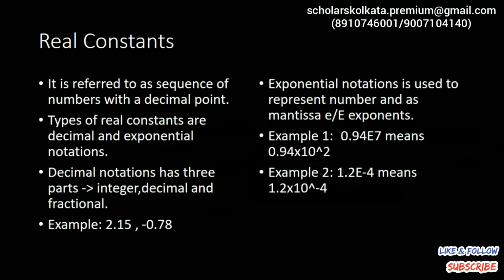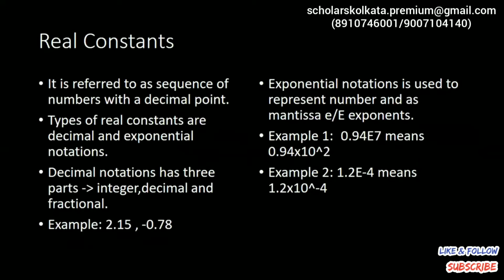Real constants are what you can call decimal-point numbers. Suppose 3.142, the value of pi. You can say that 3.142 is a real constant because it has an integer part and a fractional part. We can represent 3.142 by 22 by 7. 22 by 7 is approximately 3.1416, so it is sometimes truncated to 3.142. Real constants are denoted using 2 methods: decimal, which is the normal representation, and exponential.